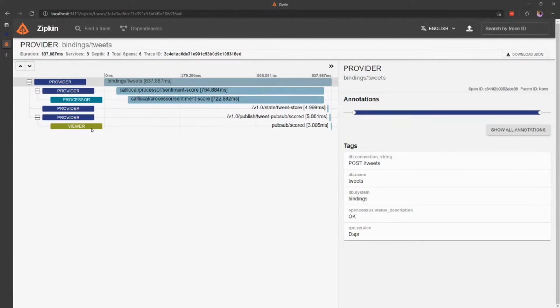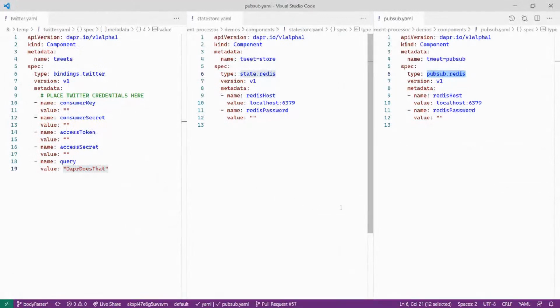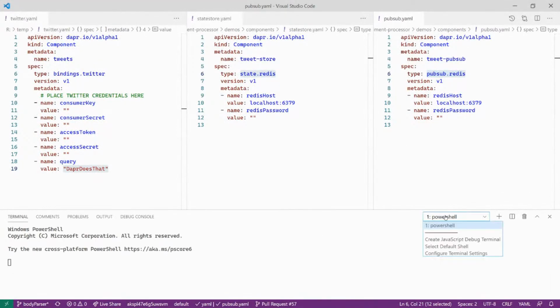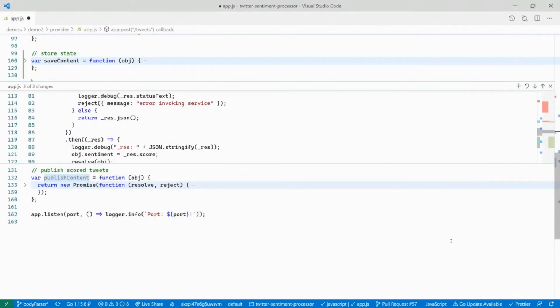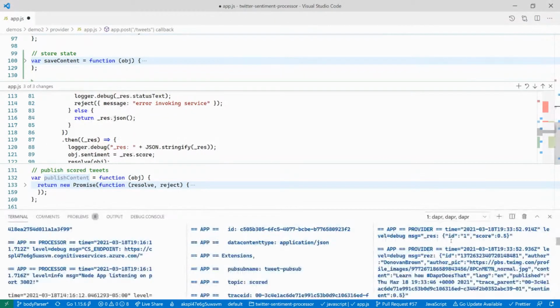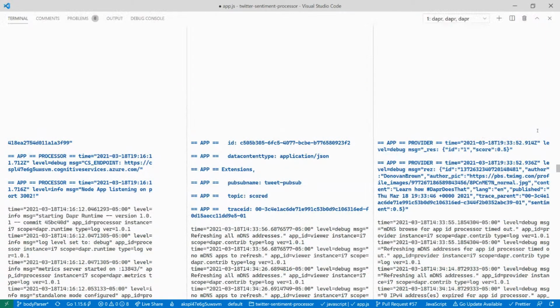And at any point, should there be a latency or something that's really slow, I can now diagnose where my bottlenecks are using the logging that comes right out of the box, which is just fantastic. Now, when I'm running this locally on my machine, one of the things that's really cool as well is that if I bring up my window here, I can show you that these are the logs that are happening in real time. So this is one of the things that makes developing on Dapr really nice when I'm running locally.